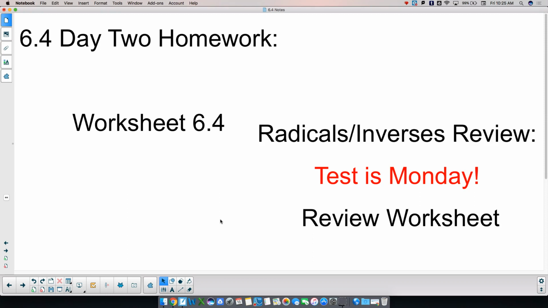And I've got a salmon review worksheet for you today. Those 2, along with the book 4.5, the worksheet from 4.5, and yesterday's 6.4 book homework, are all due on Monday. Monday you also have your test,